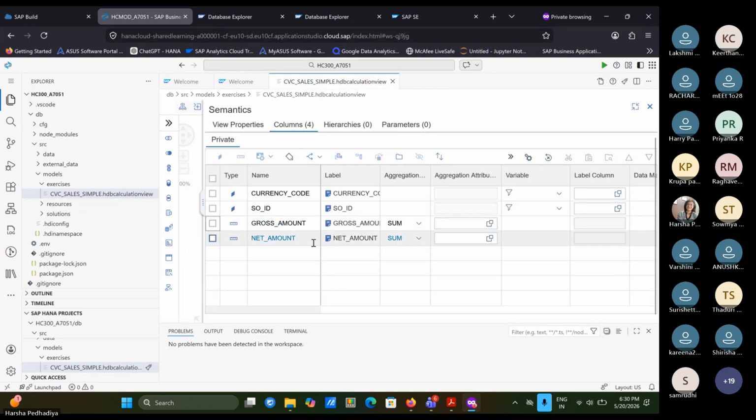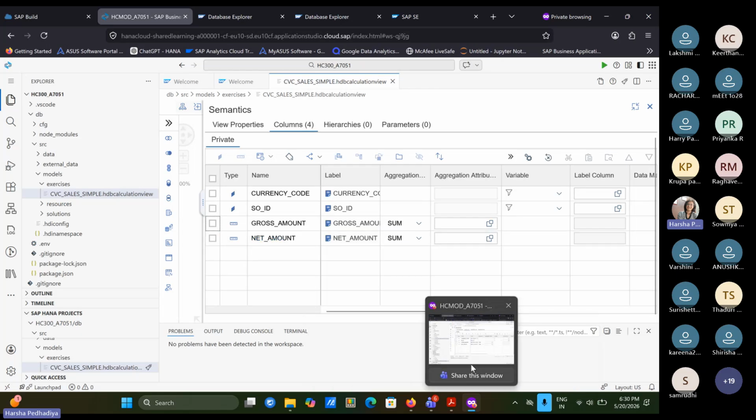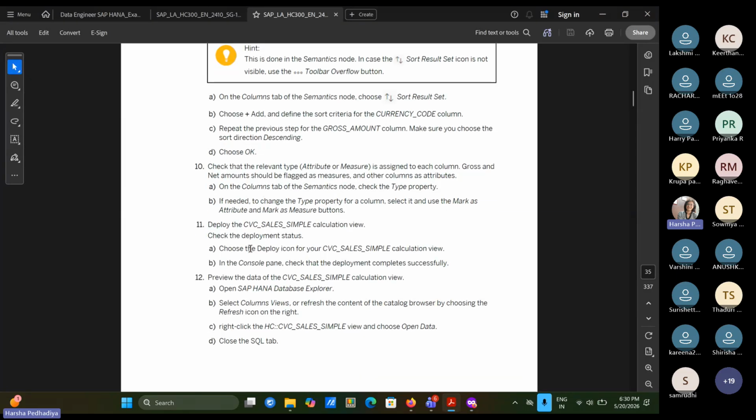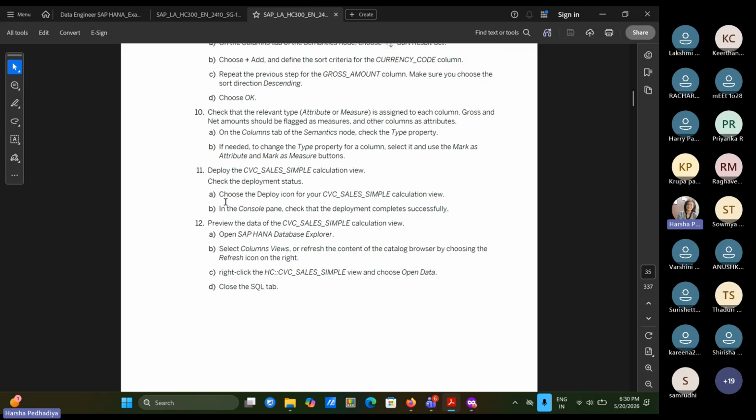Okay, so these two things are in attributes, this is two in this way. Let me check once again. Okay, type property, mark as attribute. See, if needed, change the type property for the column, mark as attribute or mark as a measure. Everything is done. Now choose the deploy icon for the CVC SLS simple calculation view in the console pane